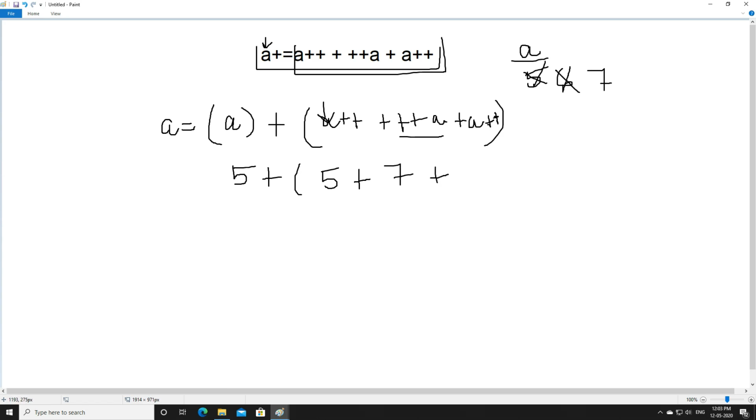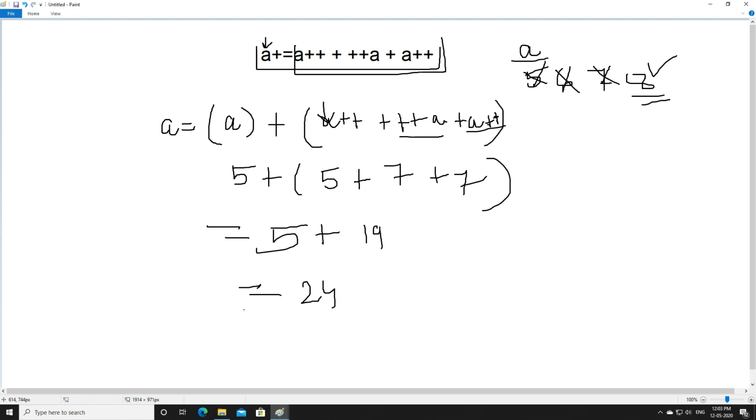Then plus sign, a++, again post increment is done here. So first we have to use the value and then we can change it to 8. Now the value of a is what? 8. Remember, the value of a is 8. Let's solve this first. 5 plus 7 plus 7 will give you 19, and 19 plus 5 will give you 24, right? And this 24 will get assigned to a. And why is it getting assigned to a? Because of the equals sign. So whatever value of a you have, that will get replaced with 24. So finally you will have the value 24 here.